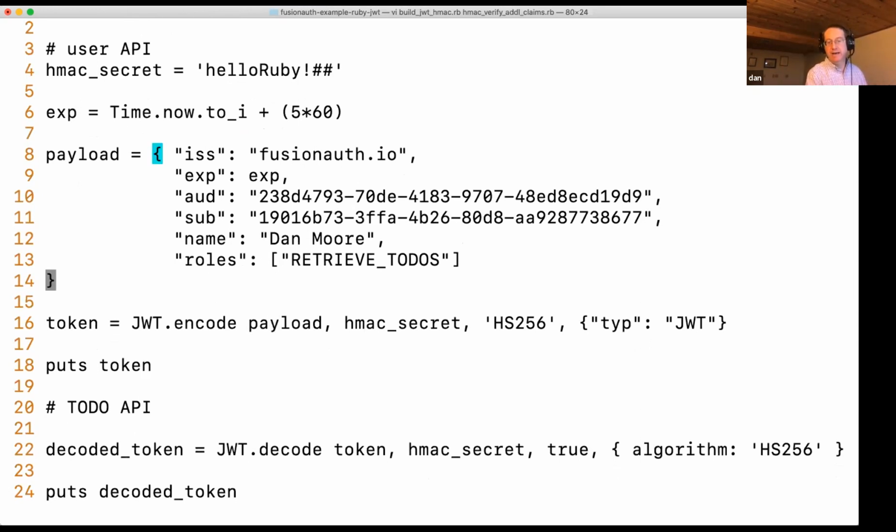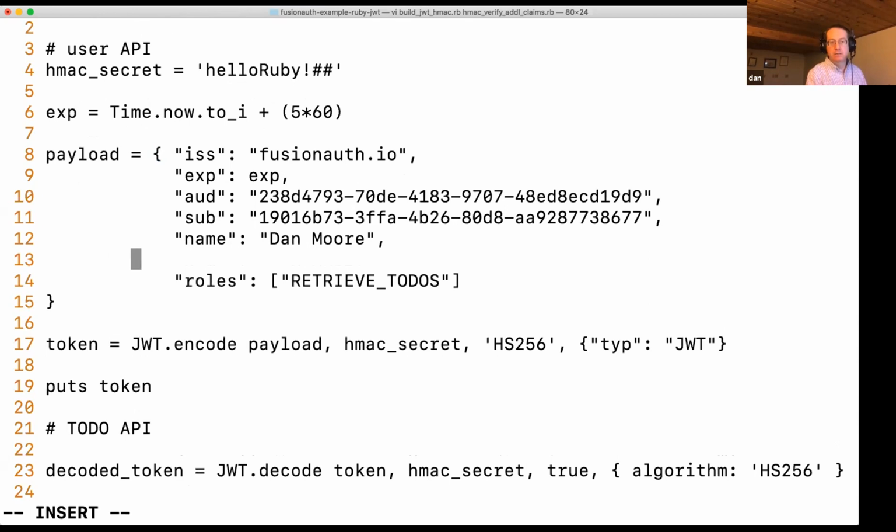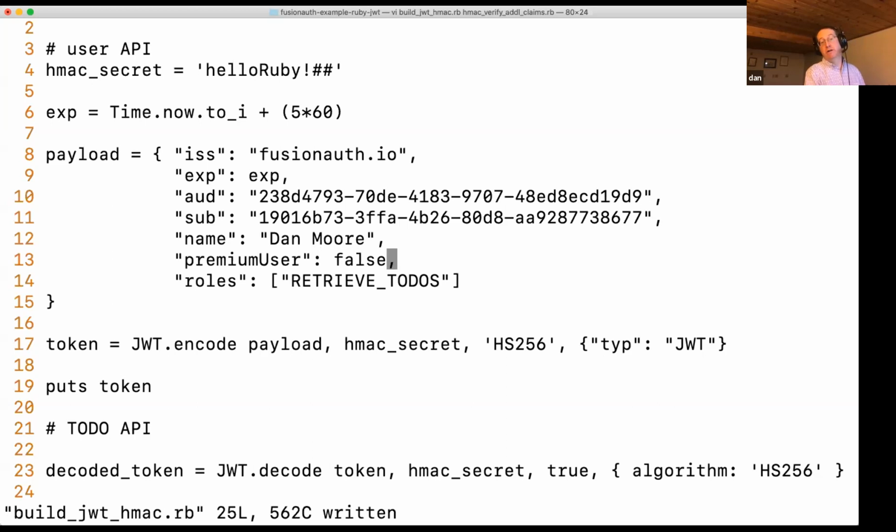And so I can add other keys, premium, user, false, and I can add whatever I want in here, right? And I am having this expire 5 minutes from now.